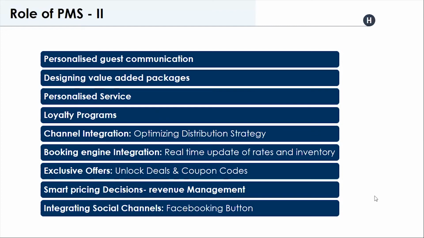You can even offer deals for special guests. So you have got certain VIP guests and you have marked them as VIP, so you can offer them some special deals whereby when they go to the website, they can put in the coupon code and unlock the deal. It can also be integrated with revenue management systems to ensure that it is the right price at which the room is sold.